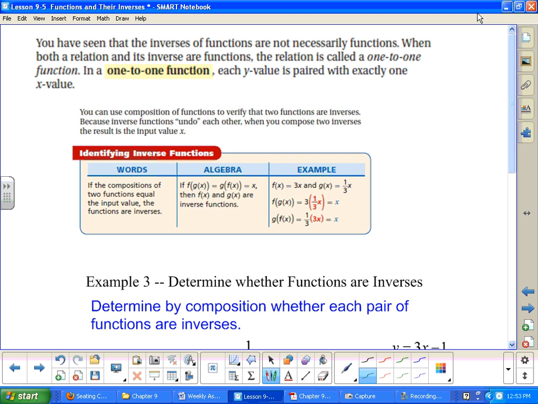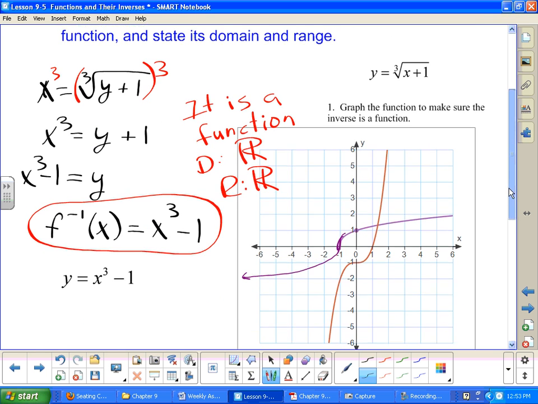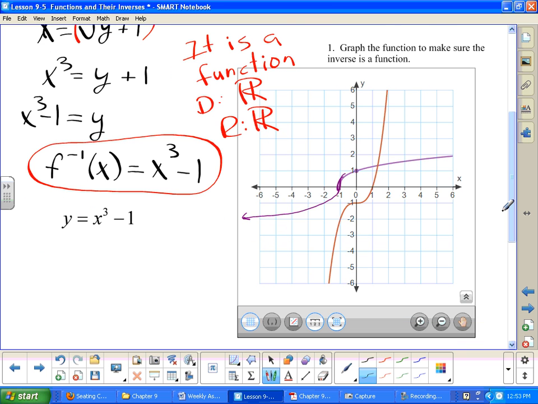One-to-one functions. Here's the easiest way to look at them graphically to think if they are. If they're always increasing or always decreasing, they're one-to-one. These two here are one-to-one because this graph is always increasing as it goes from left to right. This one is always increasing as we go from left to right. So as long as they're always increasing or always decreasing as you go from left to right, then they are